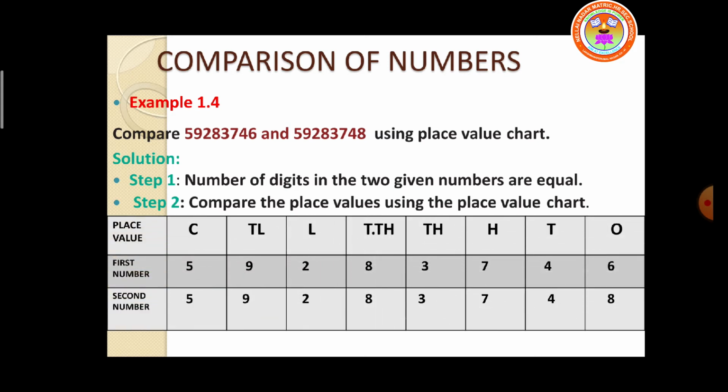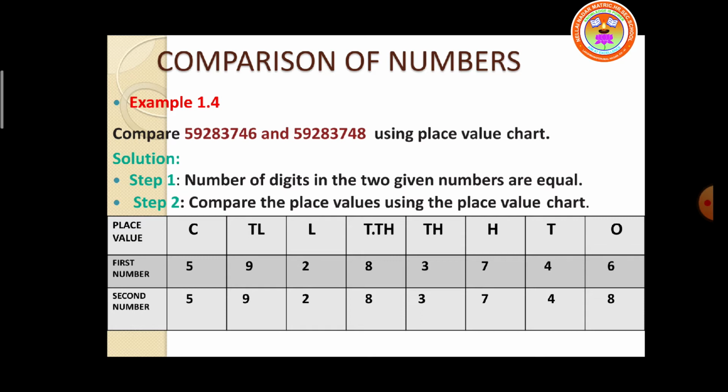See the table, children. It is the place values of what type of system? Very good. It is the Indian place value system. What are the place values? Along with me read. Ones, tens, hundreds belong to what period, children? Ones period. Very good. Thousands, ten thousands belong to the thousands period. Lakh, ten lakh belong to the lakh period. Then crore belongs to the crore period. So, according to its place value, the first number and the second number must be written in the table.